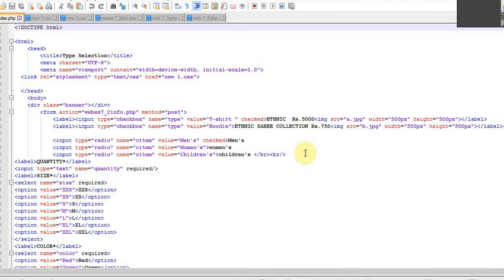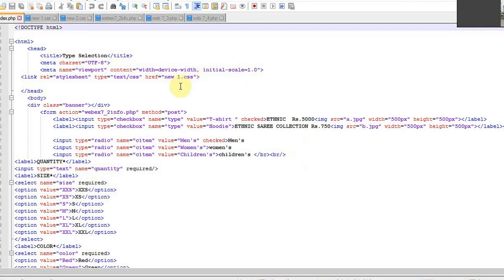In forms, information can be transmitted from one page to another using super global variables, that is the GET method, POST method, and SESSION method. In the GET method, the key values are passed in the URL, while in the POST method the key values are passed in a hidden manner.